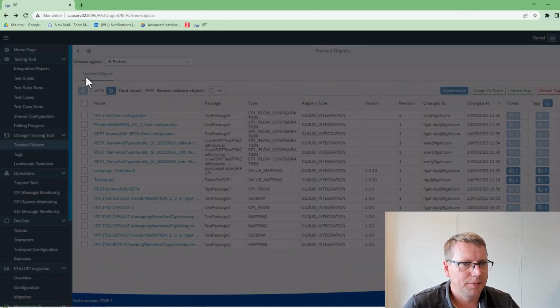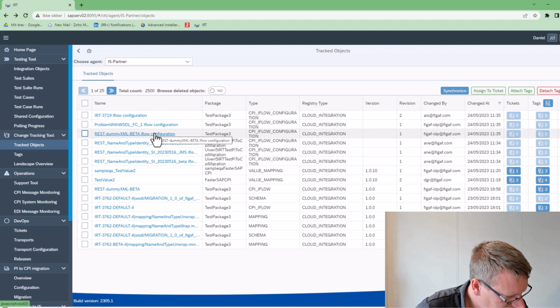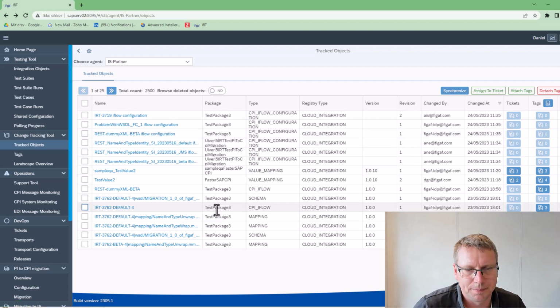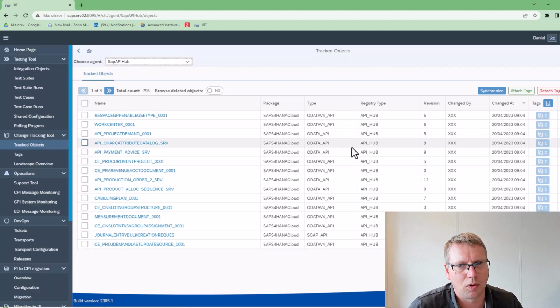Let's go back. So that's the iFlow. Let me see here. Mapping report, new, migration, landscape. I think this is it. For API Management, we don't have these kinds of things. For